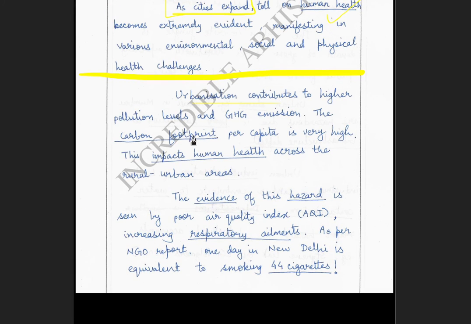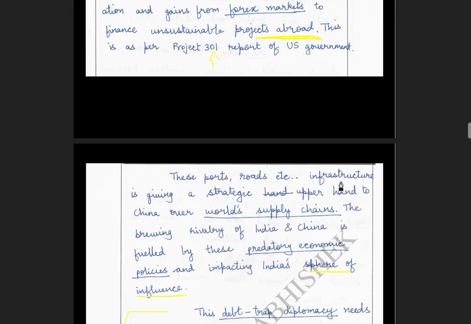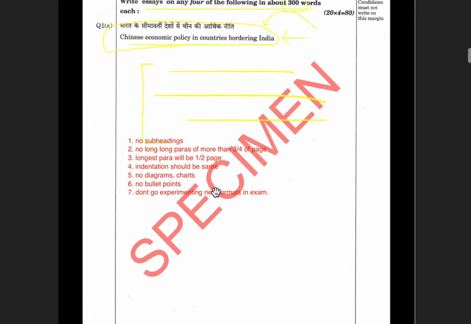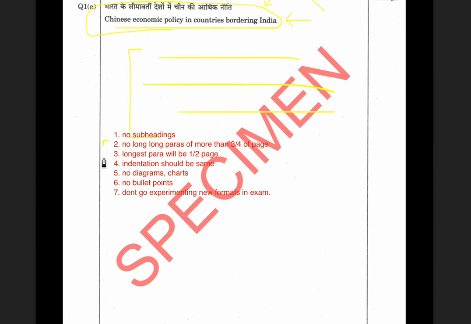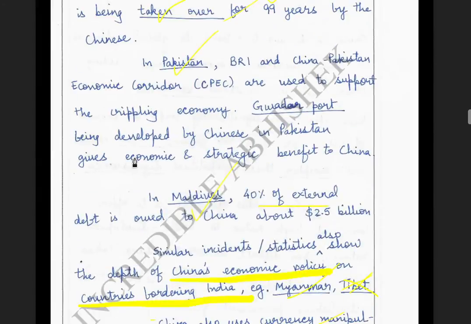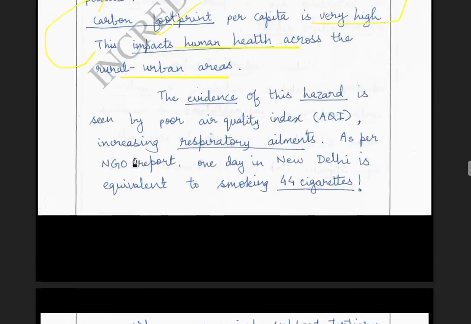Urbanization continues to emit higher pollution, GHG, carbon footprint per capita is very high. This impacts human health across the rural urban areas. He has written 2 sentences, and he has used the third sentence to connect these 2 sentences to the topic asked. Now you see, this is a perfect example of a small, clean and short paragraph which I spoke to you about when I was discussing QCABs, that you should not write long paragraphs. Okay, then